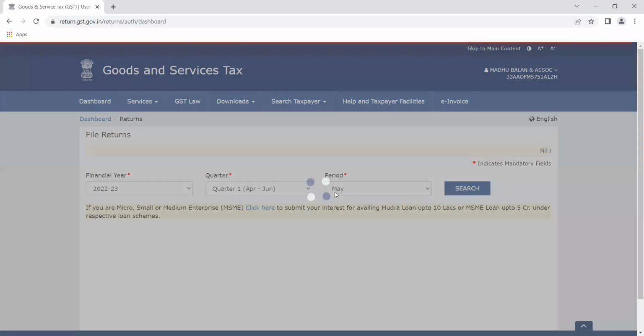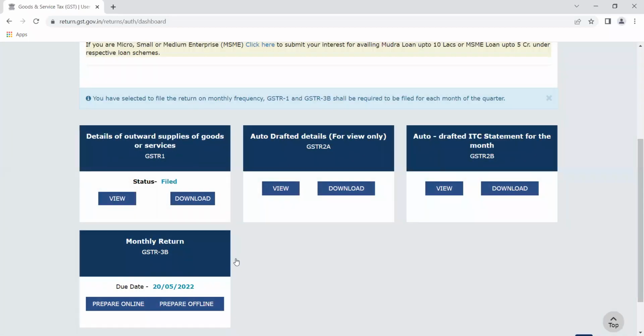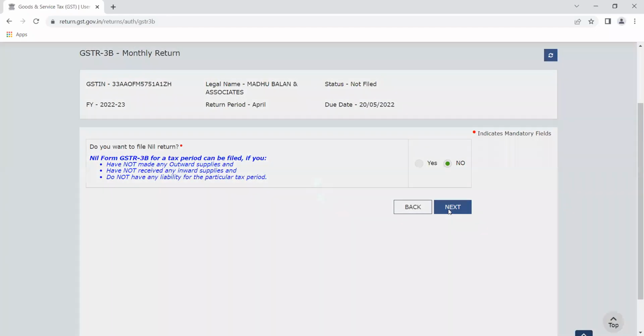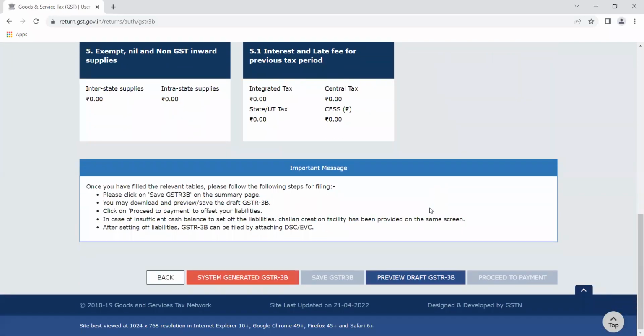Once again, I'm going into 3B, 3B of April month. So I have the option to generate the system generated 3B. You can use this as a reference, so that if I have changed anything, why have I changed it? What is the difference between the auto populated figure and the changed figure? All those reasons have to be provided in future if it is required by the offices. So you can generate this. Now